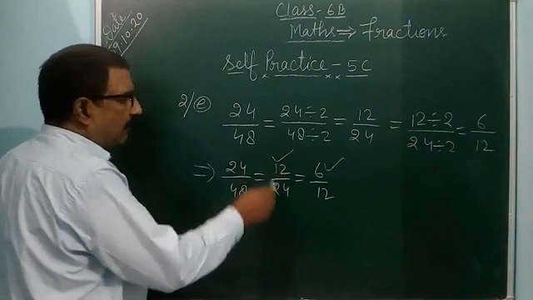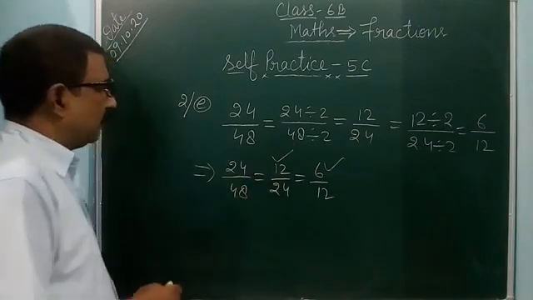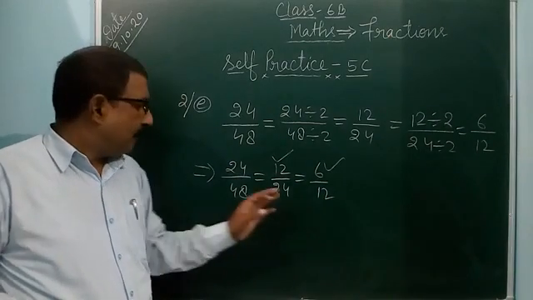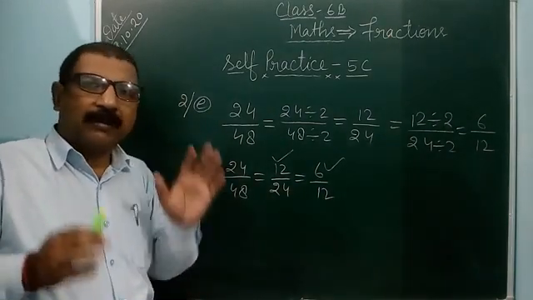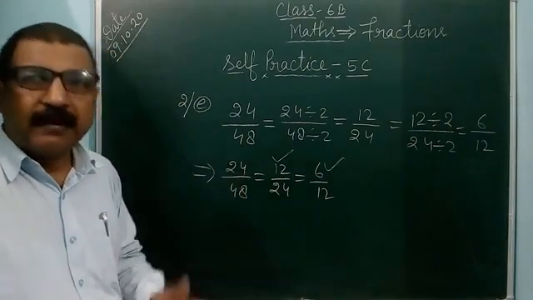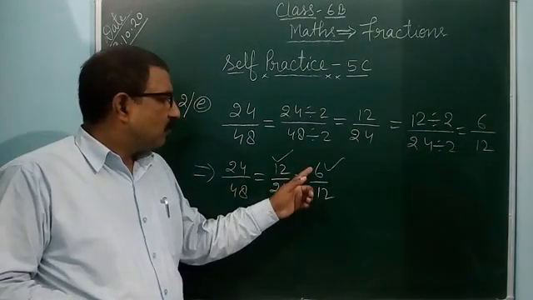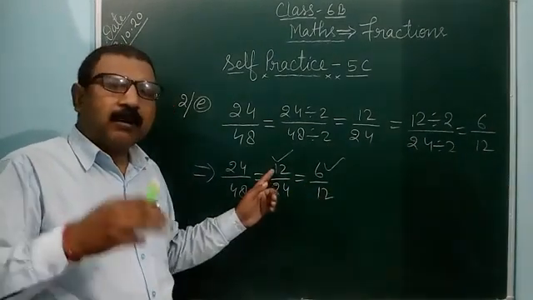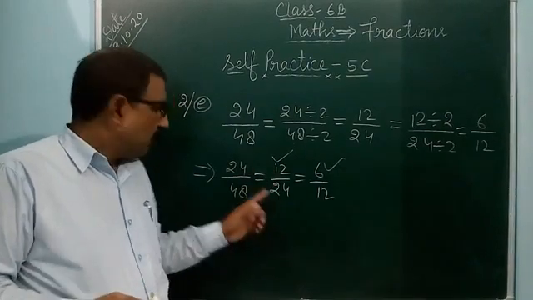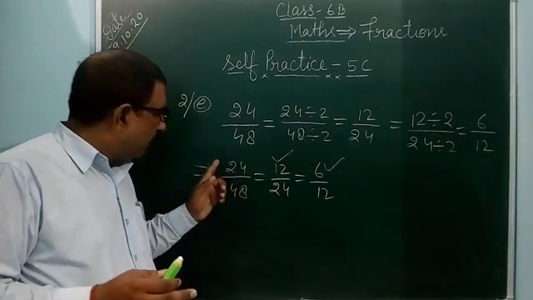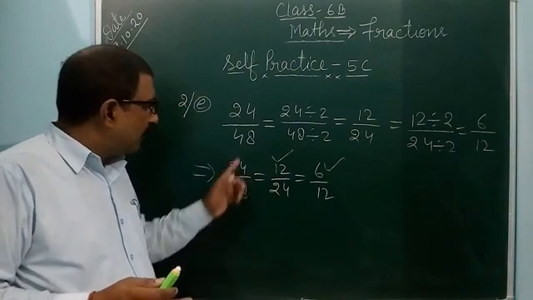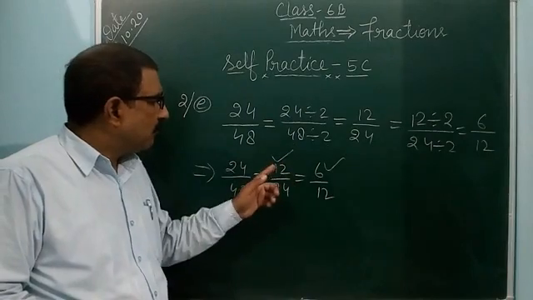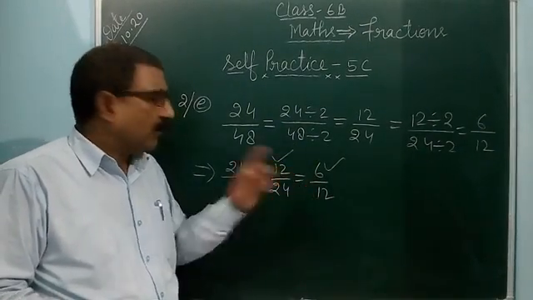So 1 by 2, 1 by 2, 1 by 2. In this way all the values are simplified. If you simplify all three fractions you get 1 by 2 equal to 1 by 2 equal to 1 by 2. See again: 6 ones are 6, 6 twos are 12, so 1 by 2. 12 ones are 12, 12 twos are 24, so 1 by 2. 24 ones are 24, 24 twos are 48, so 1 by 2. So now you have two equivalent fractions, 12 by 24 and 6 by 12.